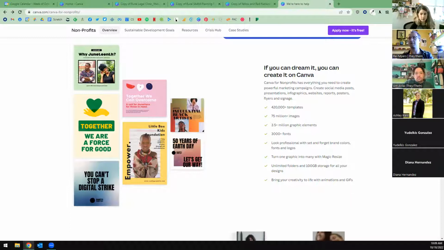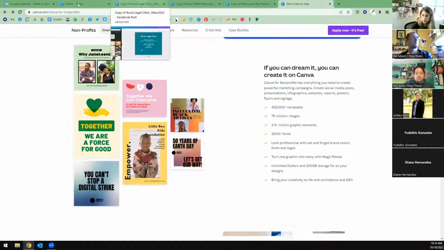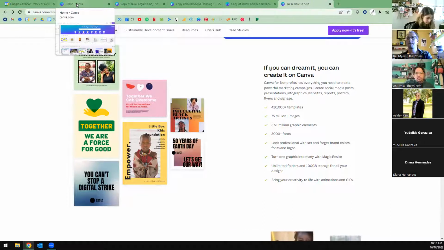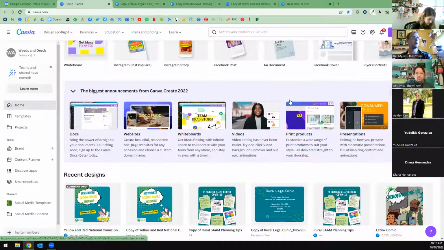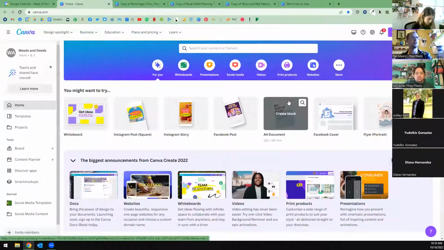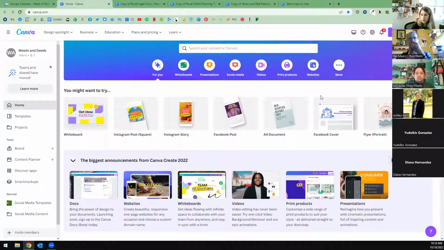But this is a workshop, so I can either just show you tips and tricks for an hour, or we can look at some of your projects or designs that you're working on, and you can ask me specific advice or feedback. So if y'all want to share in the chat, you can go ahead and do that. And while you do that, I'm going to move over, and this is what Canva